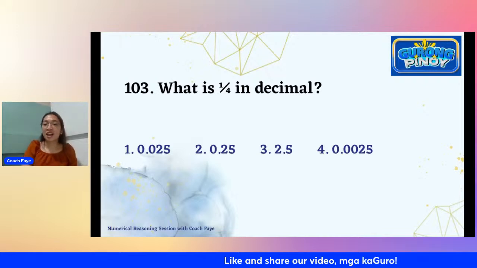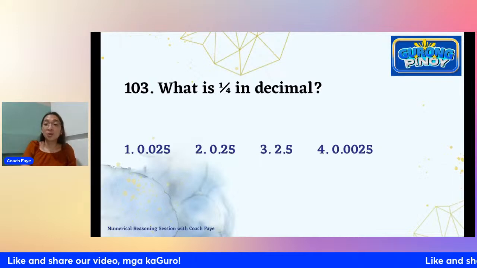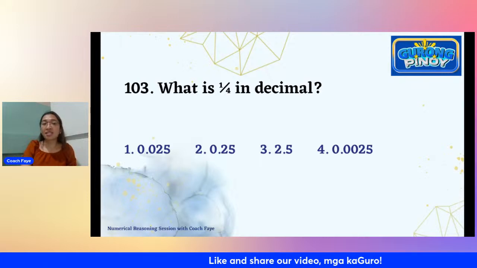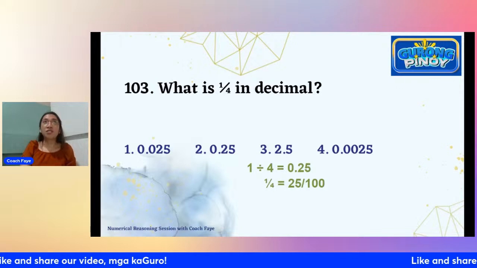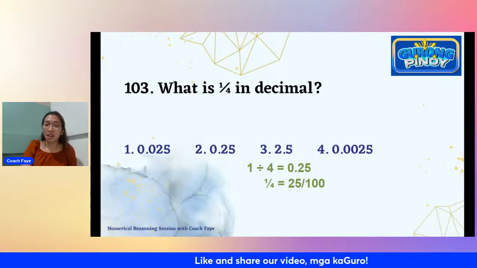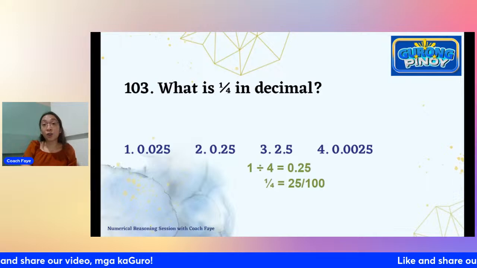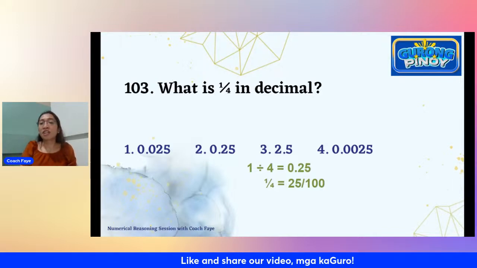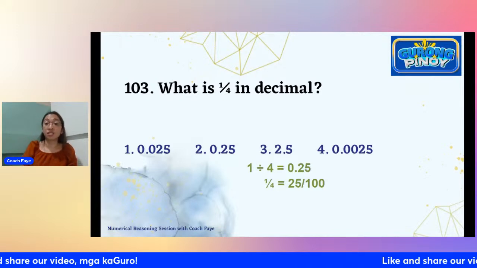I think many of you have given answers here. So, what is 1/4 in decimal? The simplest way to deal with this, when you're in a hurry during examinations, is to just divide right away. So, this is essentially 1 divided by 4. Or, you could rewrite this with 100 as the denominator. This is what I usually do, because it's easier for me. I would make my denominator 100 and then the numerator will be the percent. Whichever you're comfortable with, do that. But definitely, 1/4 is 25% or 0.25.